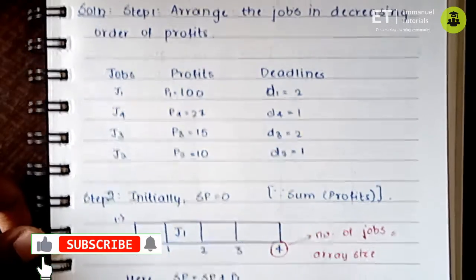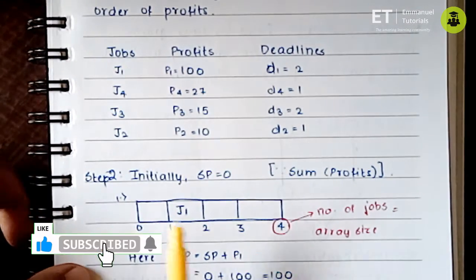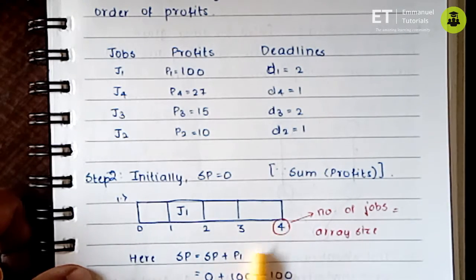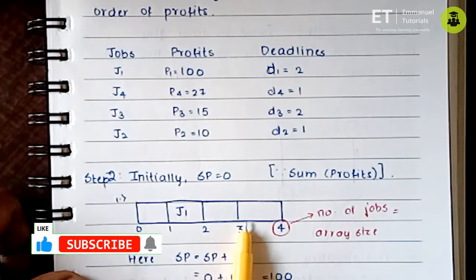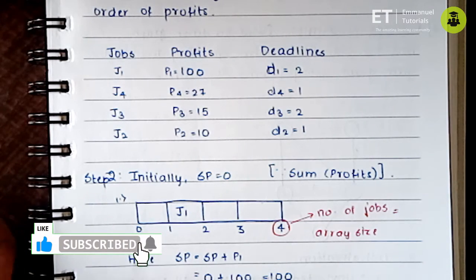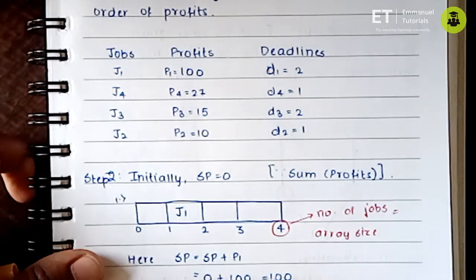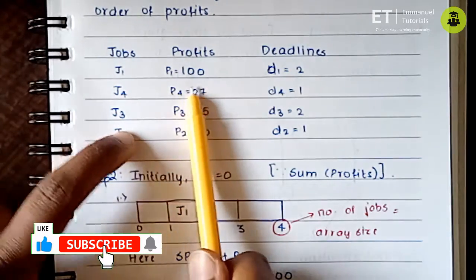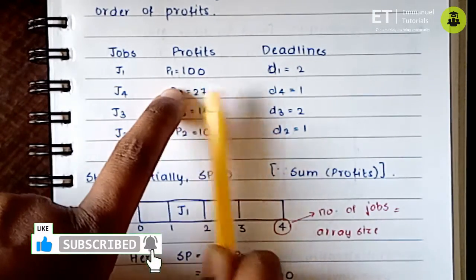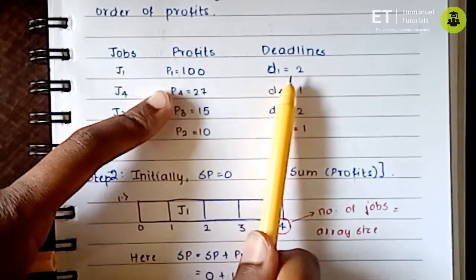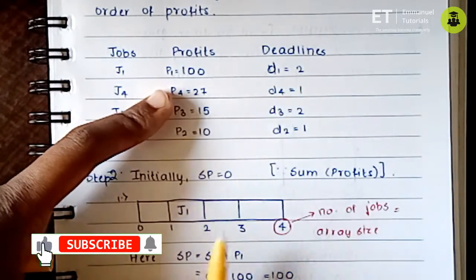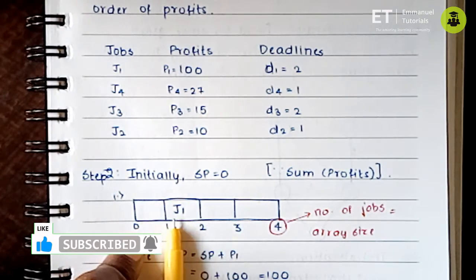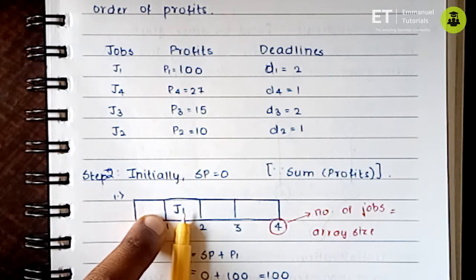Now the second step, we have to start arranging the jobs. So for our understanding, we can just construct something like an array structure. Since there are 4 jobs, it's like an array of size 4, and we have to simply start placing the jobs inside them. Now the job with the highest profit will be given the highest priority. So here job J1 has the highest priority, so we have to try to complete it within the deadline. So the deadline is 2. So what we are supposed to do is place it in its position. So the second cell in the array, we'll have to place J1.